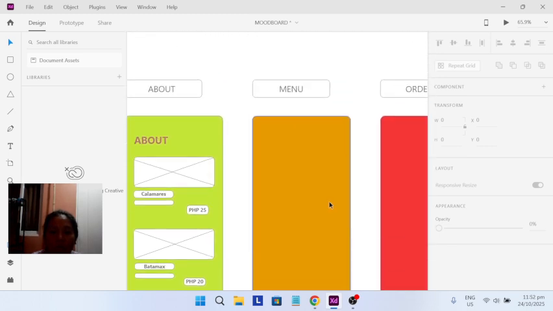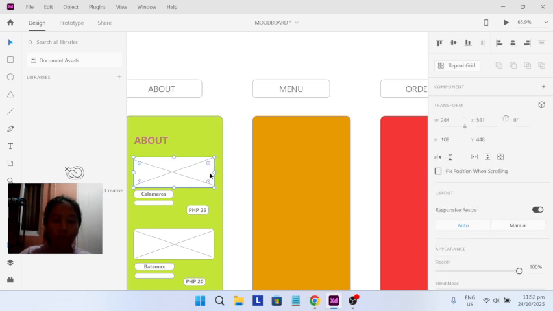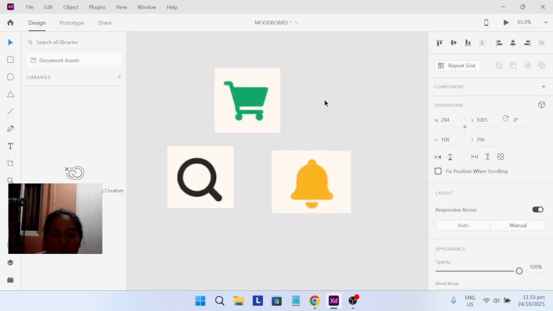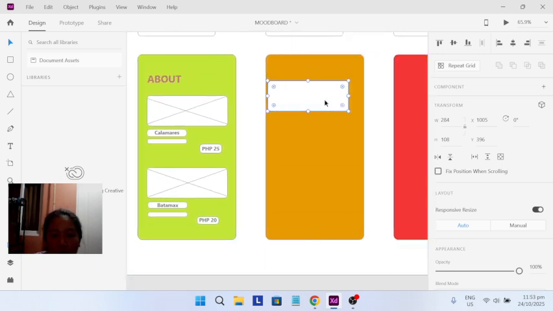Let's proceed to the menu. Picture of all the menu lang po dito. Yeah, pictures of all the menu.